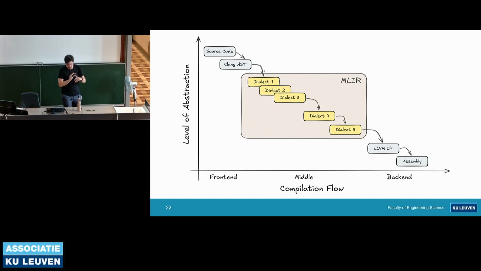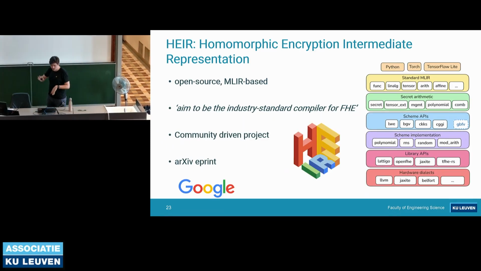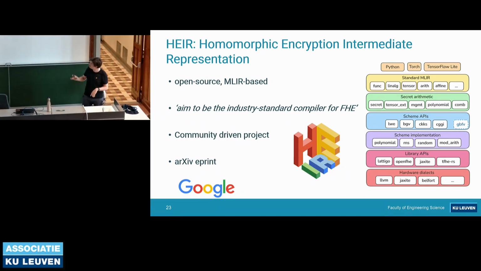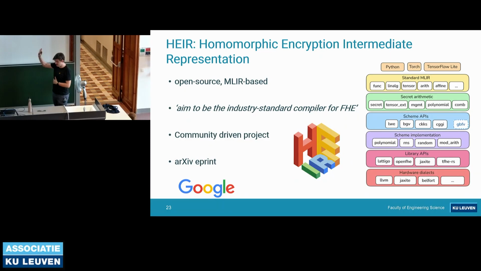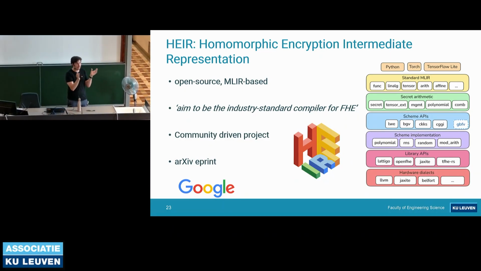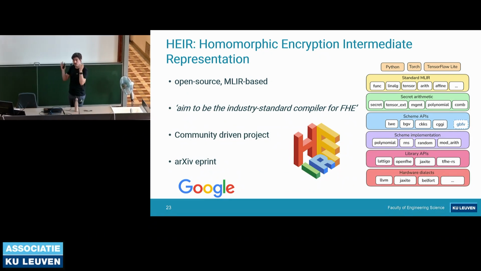Now, that was quite abstract. To make it all more real, one of the compilers that has been built in our past couple of projects is the Homomorphic Encryption Intermediate Representation. This is an open source MLIR compiler which is focused towards FHE. The goal of this compiler is that anybody can write a C program or a Python program, or import high-level machine learning models with TensorFlow or Torch, give that to the compiler, and the compiler will produce